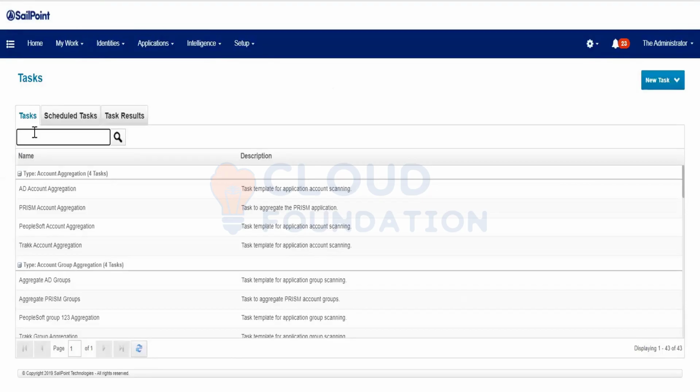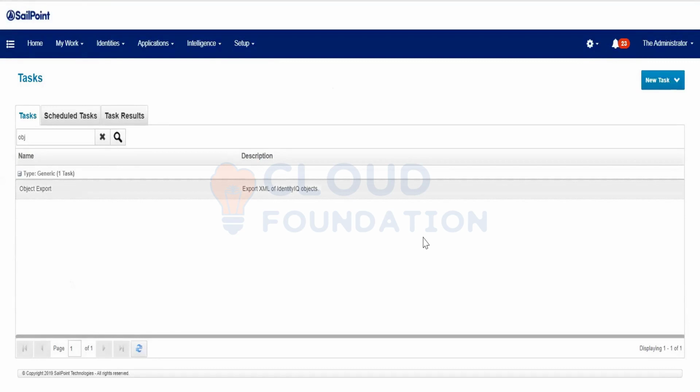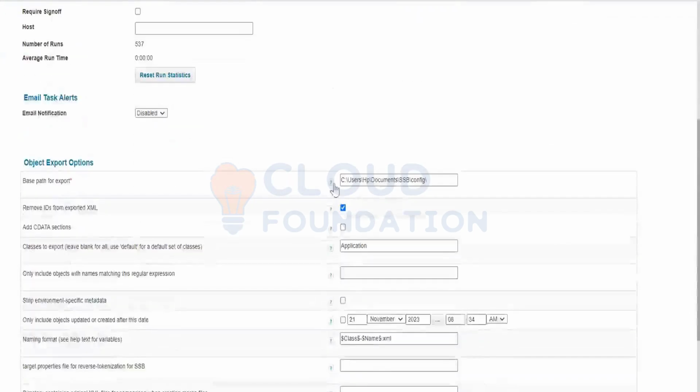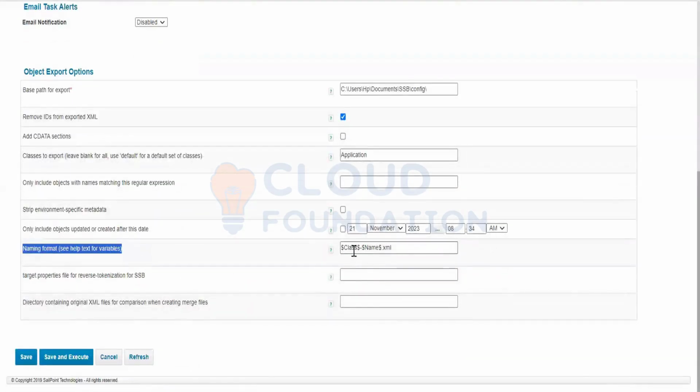Mine is an SSB configured system, and I have a task called object exporter already. See? Whatever object I'm going to export, it's going to be stored under this folder. So I want to remove all the ID values. I want to export all the application objects now. Okay, and this is the naming format of the file. First, the object type will be there, or you can call it classes, and the object name in XML format. So instead of application, if I'm going to export rule, or maybe task definition today,